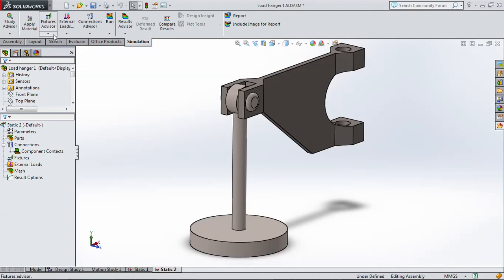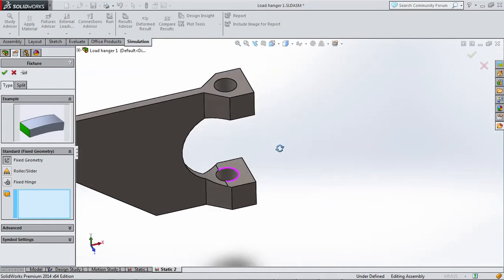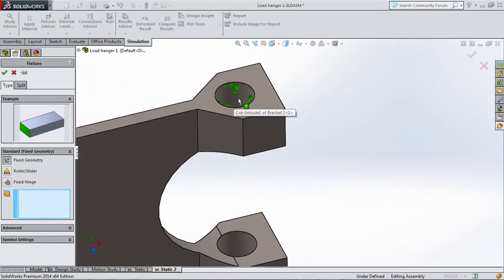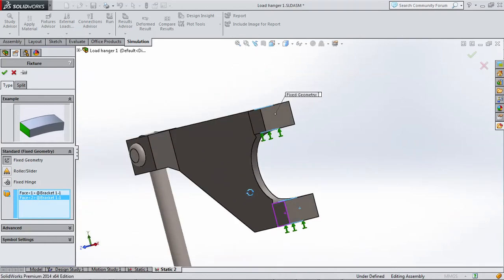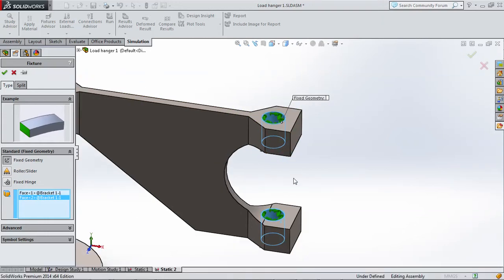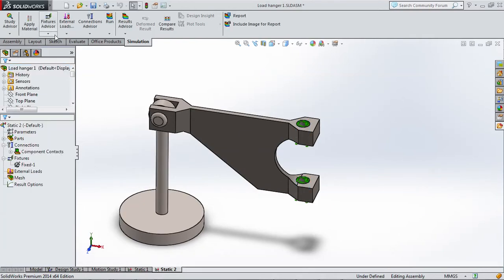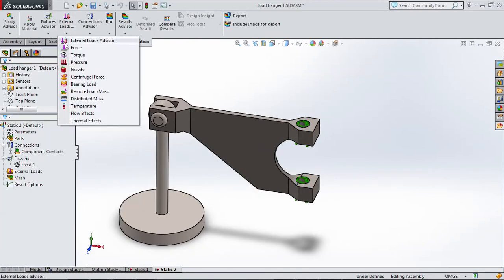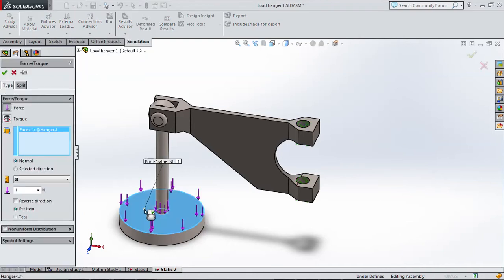A fixed geometry fixture will be placed at these cylindrical faces, because there will be a bolt going through those circular or cylindrical faces to hold the wall bracket in place. So we have that, and our external load would select the force on the load hanger,